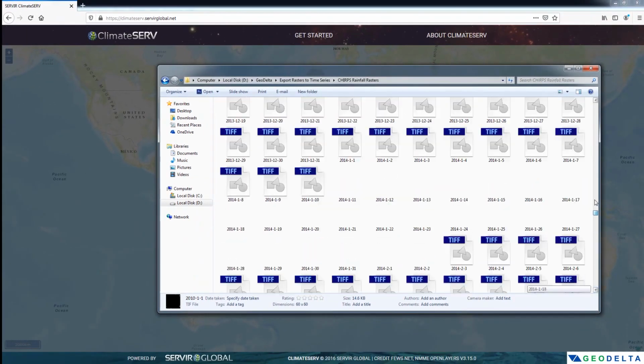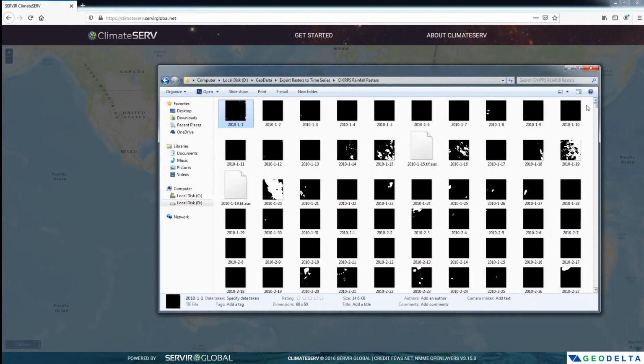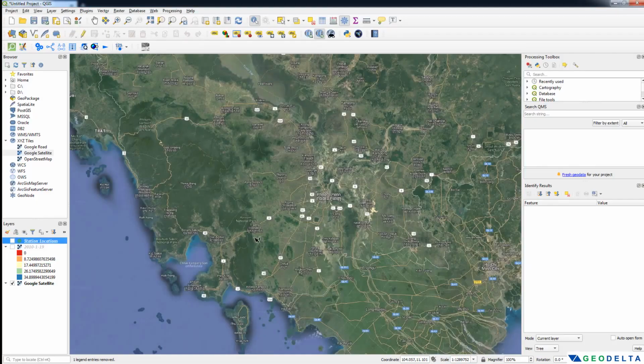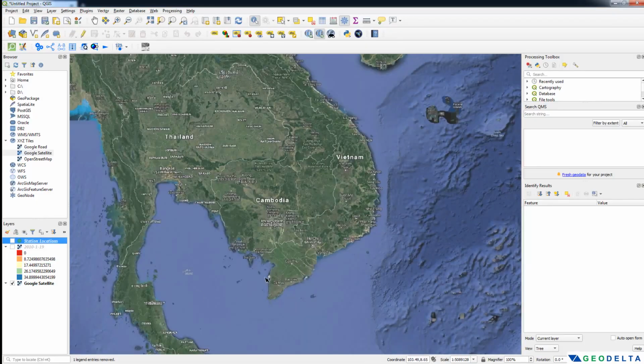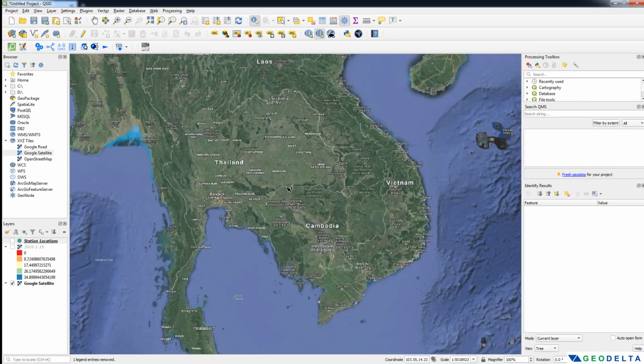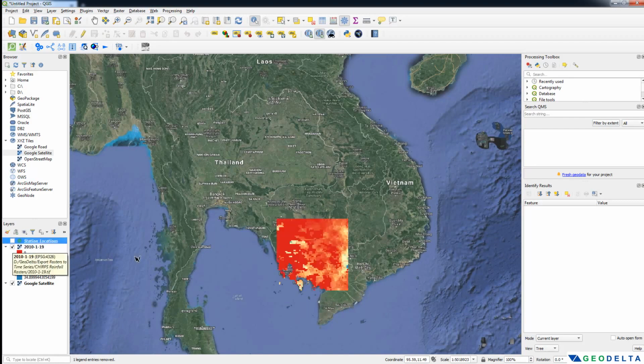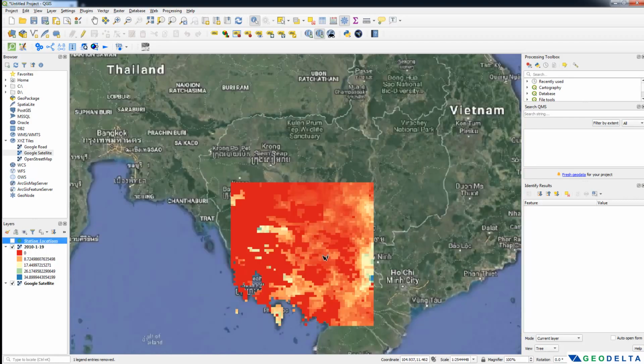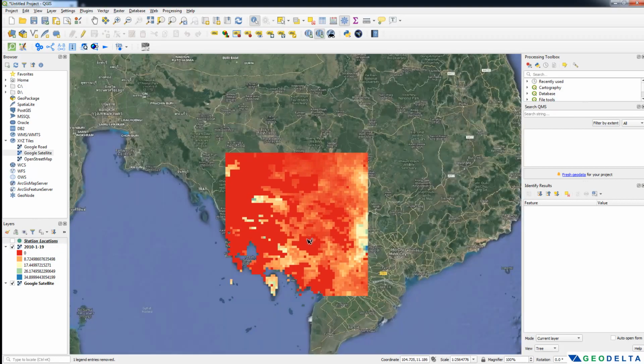So for each day we have a rainfall raster, and if you visualize this in a GIS software like QGIS, you can see that actually my area of interest falls somewhere in the Southeast Asian region. And this is one of the rasters that I have downloaded. You can see my area of interest over here. And how to interpret this raster,